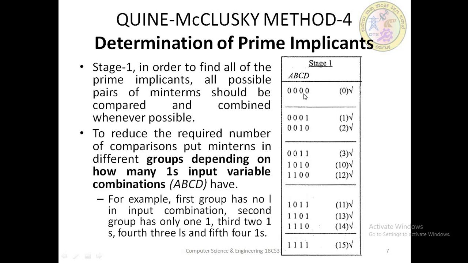So here you can see what we are trying to do is group based on the number of ones here. First we need to take the expressions which have ones at the output, and we need to group them based on the inputs. Like here you can see, here we are having no ones, here we are having only single ones, and here we are having two ones in the input. You can see here three ones in the input, and the last one is four ones at the input. Like this, for the different numbers of ones in the inputs, we are grouping based on it.